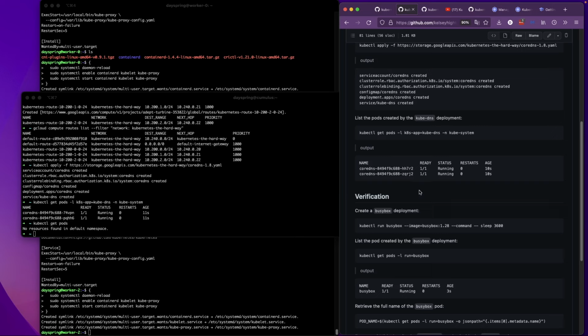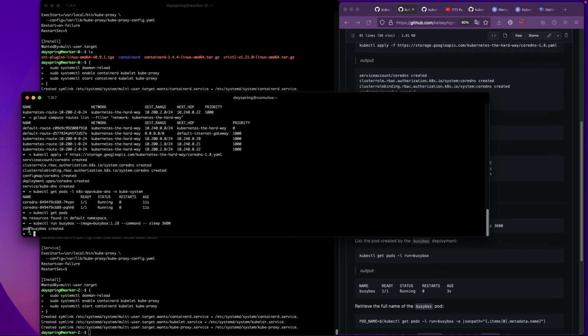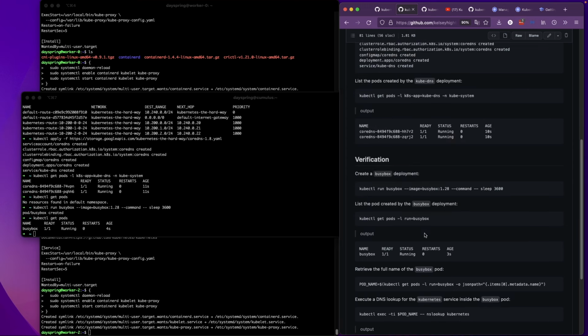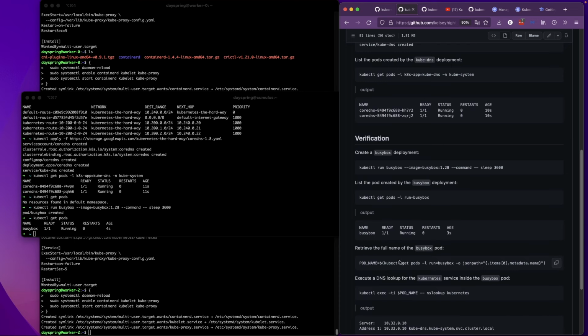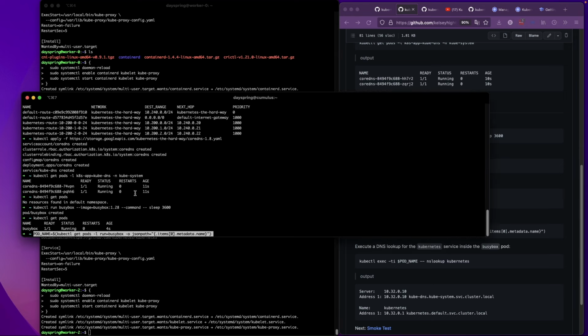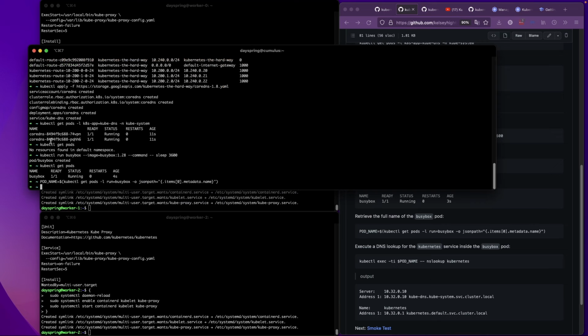So verification: create a BusyBox deployment. Okay, let's go ahead and do that. Created. So let's run that again. Okay, so we see a pod for BusyBox. And then retrieve the full name of the BusyBox pod. Okay, let's do that. All right, so we'll actually store that in a